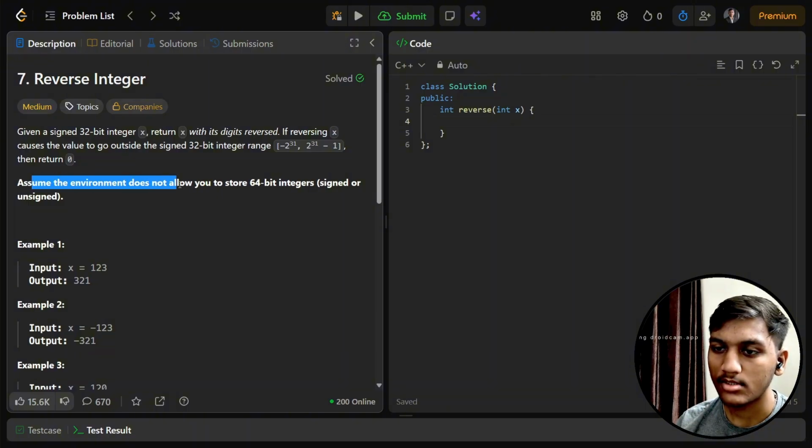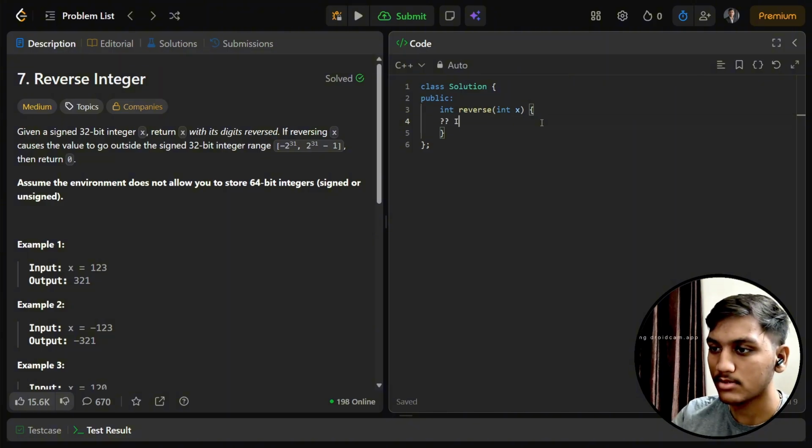So assume the environment doesn't allow you to store 64-bit integers. So what is the difference between 64-bit integers and these 32-bit integers? Because of this range. Every range which is specified in C++ for integer: the lowest value of integer is minus 2 raised to 31, which we call INT_MIN in C++, and positive 2 raised to 31 as